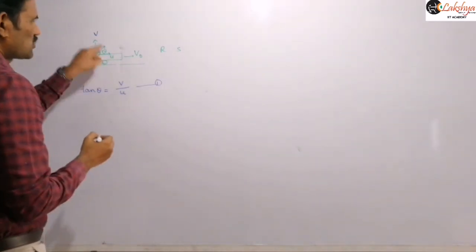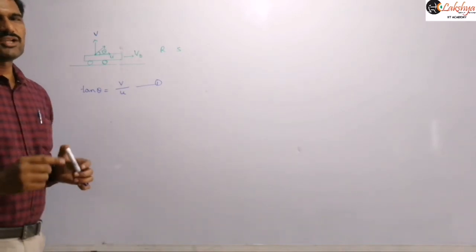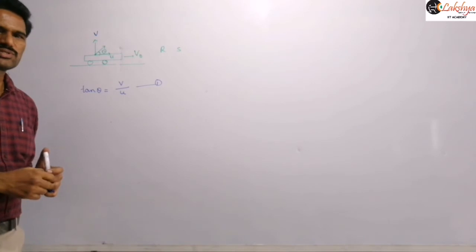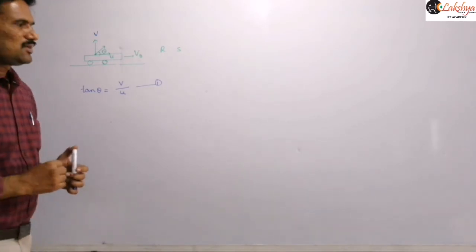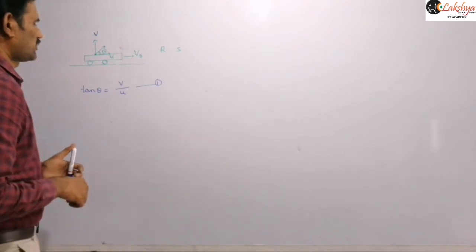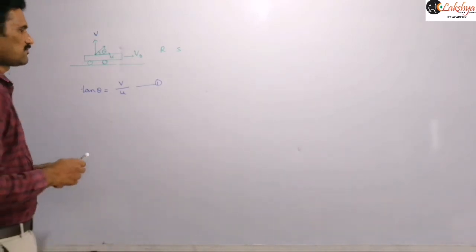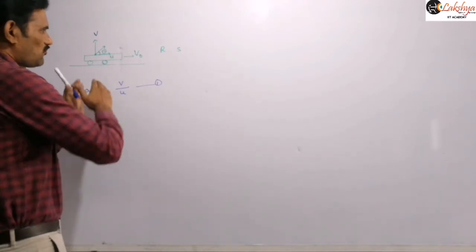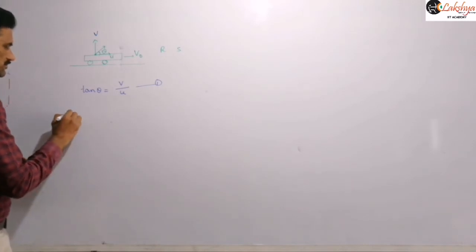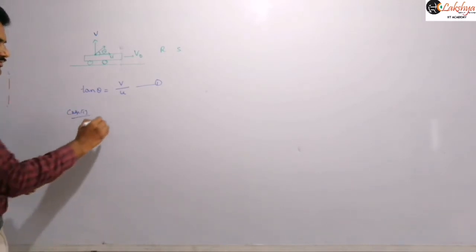So let us mention this. Let U and V be the horizontal and vertical components of the projectile with respect to the platform. Therefore, the angle of projection, tan theta, can be written as V by U. Now let us write these components here. First case we are taking here, in the sense when it is projected forward.